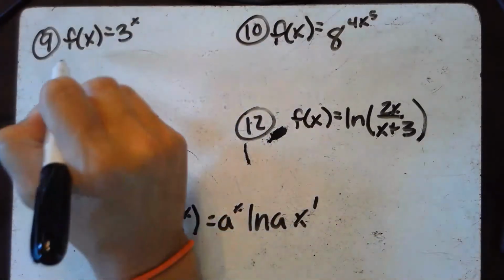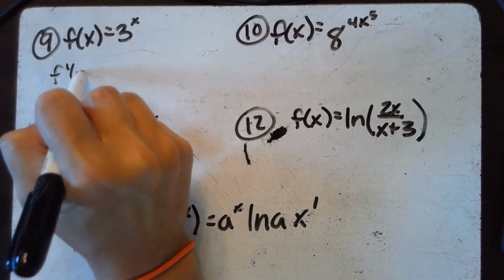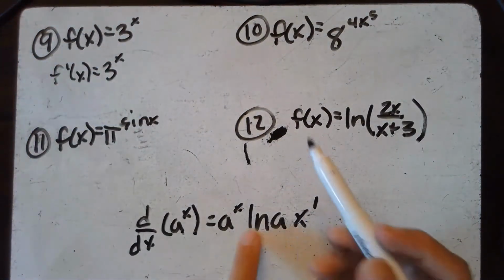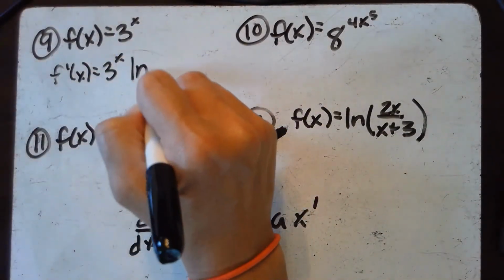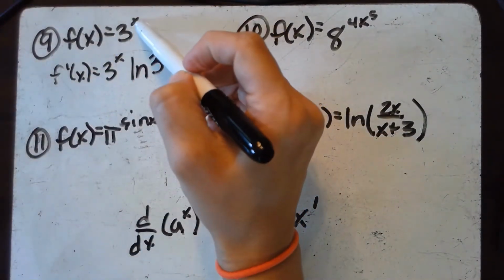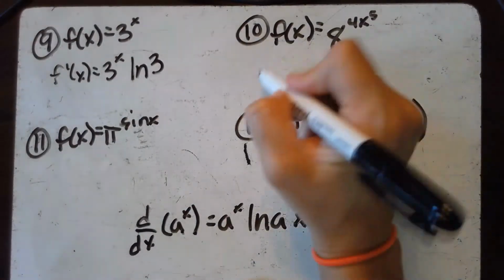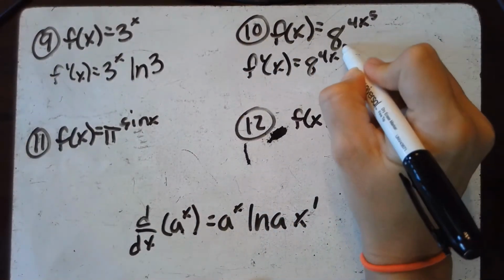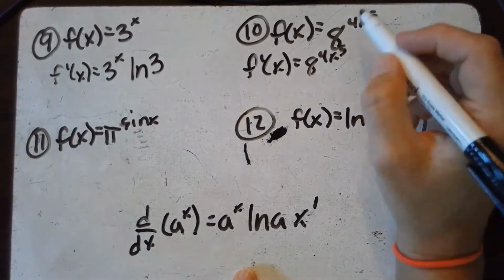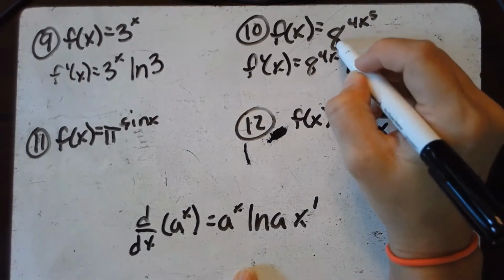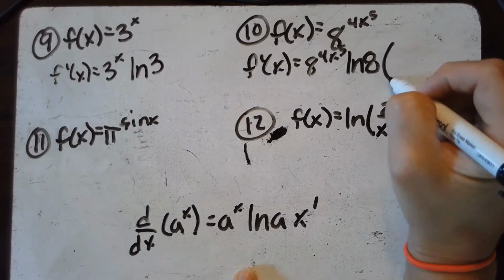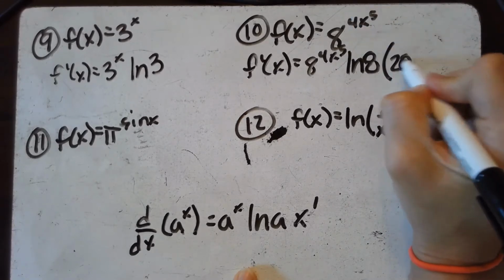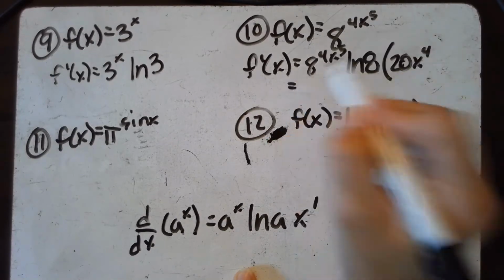Okay, so here we go. You basically do f prime of x equals 3 to the x. And then we do ln of a, that's the ln of whatever that base is, so ln of 3. And then we take the derivative of x, which is 1. Okay, so let's do this again. We do 8 to the 4x to the 5th. All right, and then it's ln of 8. And then I multiply it by the derivative of that right there, which is 20x to the 4th. So when I go clean it up,